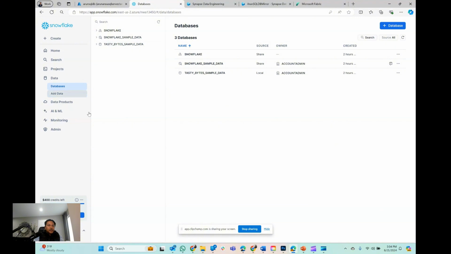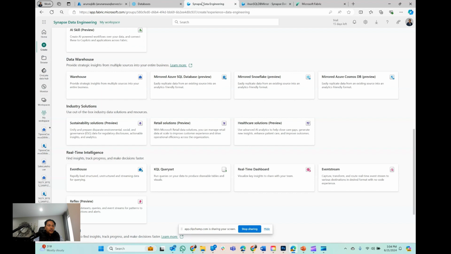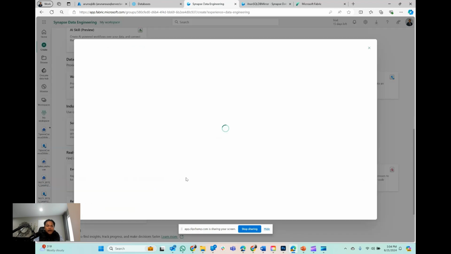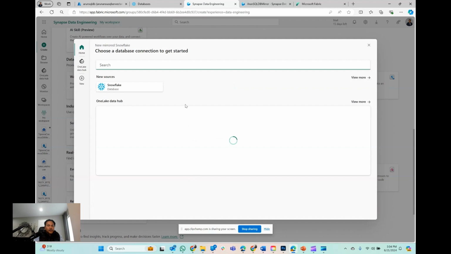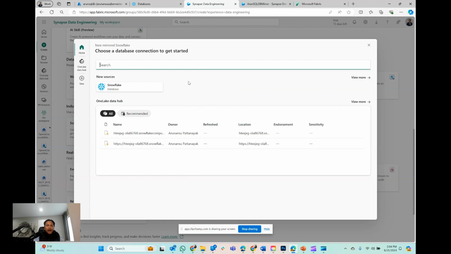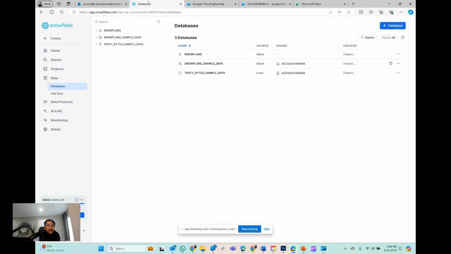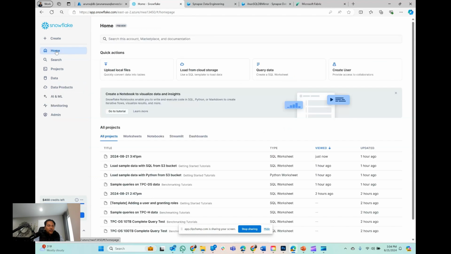And similar to SQL and Cosmos DB, if I go to create a Snowflake mirror, it will ask me for my Snowflake credential, right? By the way, for Snowflake, it's a little hard to find the credential. I had to dig a little, do some research to figure that out. So I just want to share where